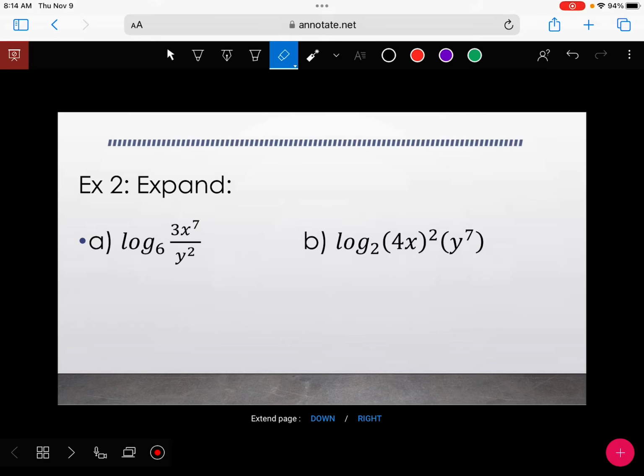So finishing out the end of 5.5. We're going to use our properties to expand it. Looking at the cutout that you pasted yesterday, the second property was the quotient property, which means that when you have a fraction